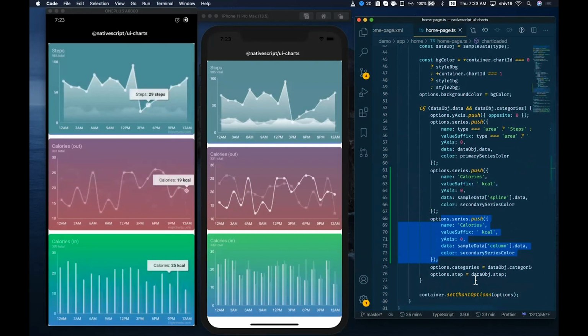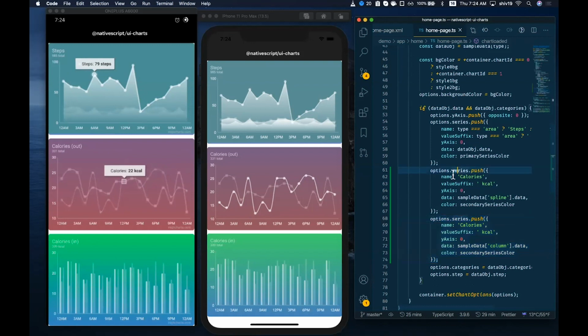And you'll get that native experience. We also want to add support for enabling full screen so that you can just tap a button and then go full screen from the chart mode. So those are all some planned features. And you'll also be able to customize what is shown inside this label. Like for example, here we're setting what should be shown as the label here. It says calories and the value suffix is kilocal. So we're getting that